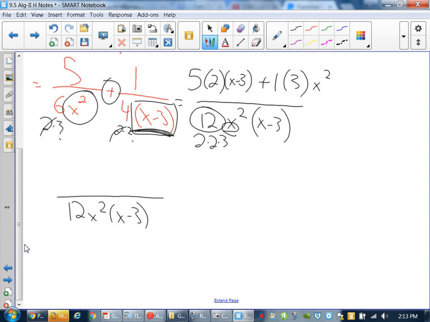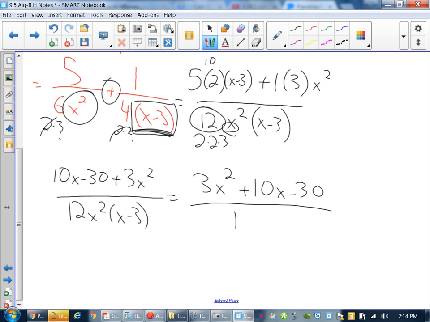So I have 5 times 2, so I have to distribute a 10 to the x minus 3, and I get 10x minus 30 plus 3x squared. Now that we break that down to 0 or something? You don't have to. There's no reason to. Just so I show you real quick, if you rewrite that in your normal descending order,